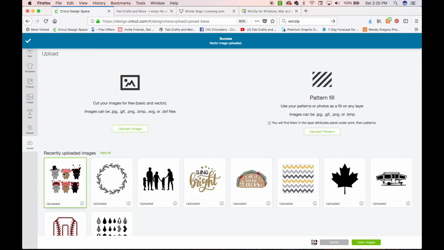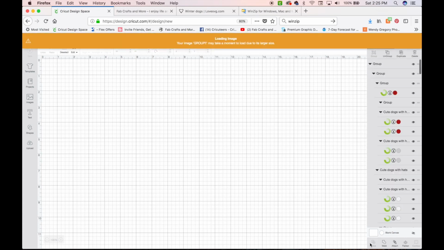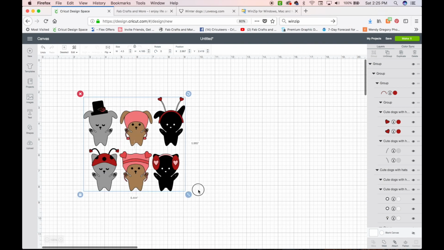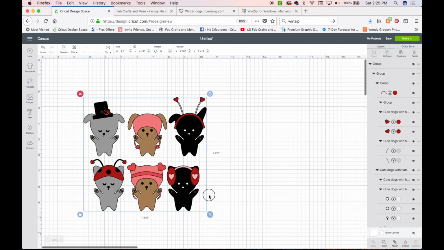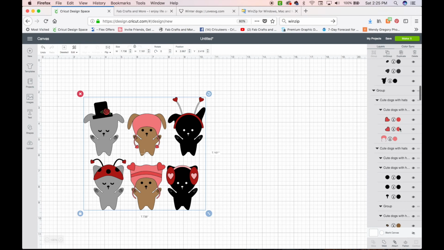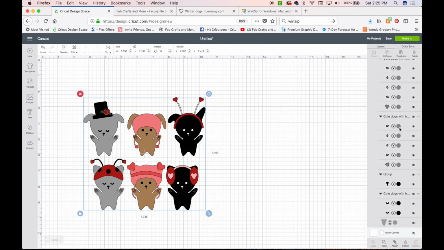Going to go ahead and click on that and insert images. And it's going to bring in all of those. There we go. So lots of cute little animals. I think they are cats and dogs. Is that a bunny? I don't know. Anyways, cats and dogs. If we look over here in our layers, you are going to see a ton of